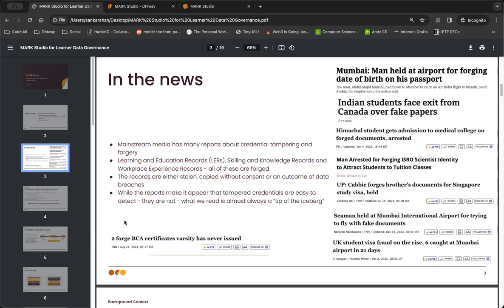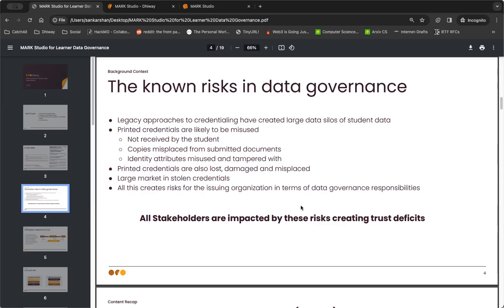So there are two important things that are essential to keep in mind when dealing with any records that are issued. One is provenance, which means is it possible to figure out who issued it? The other thing is authenticity, which is being able to know whether the record's data integrity has been maintained. Now, because legacy approaches create a whole lot of data silos of student data, and printed documents are likely